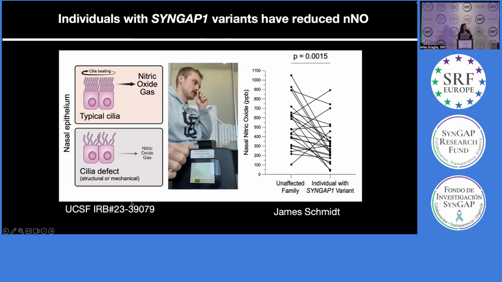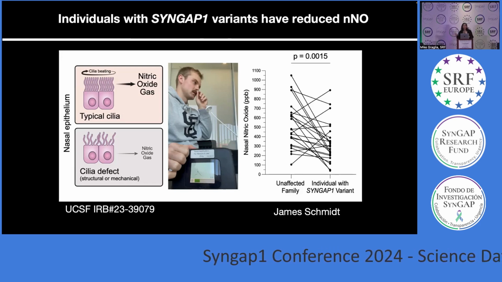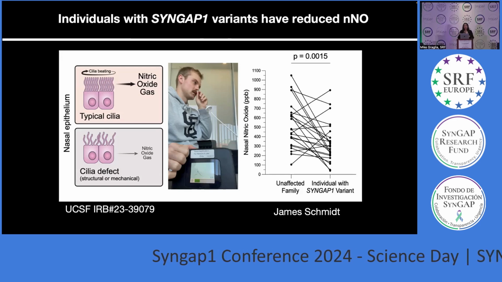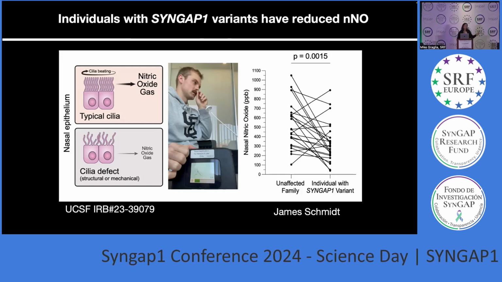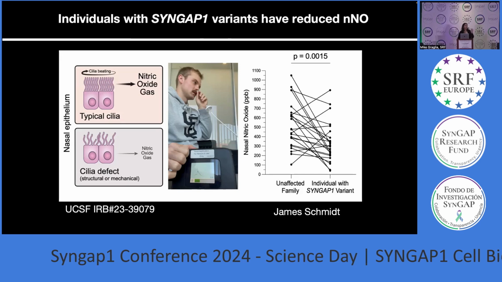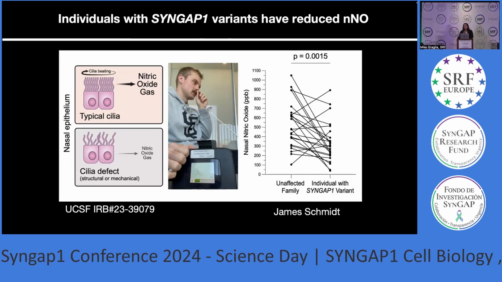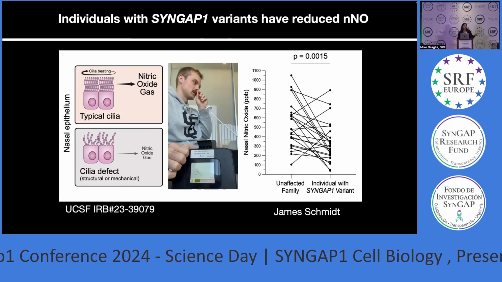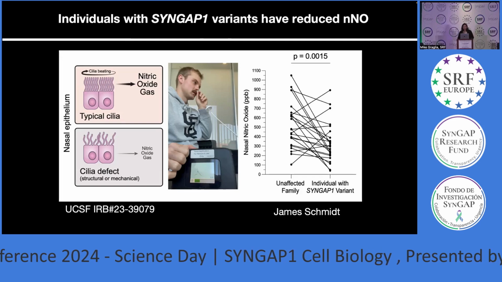And I also want to flag, James is actually here this year. James, can you wave your hand? Thank you so much. We're doing more nasal nitric oxide measurements. So one, we're really interested in getting more unaffected family members, but we would also like to get nasal nitric oxide measurements from people who got them measured last year. We want to see how nasal nitric oxide changes over time. So even if you got measured last year, please come by again and let us measure you again. Okay.